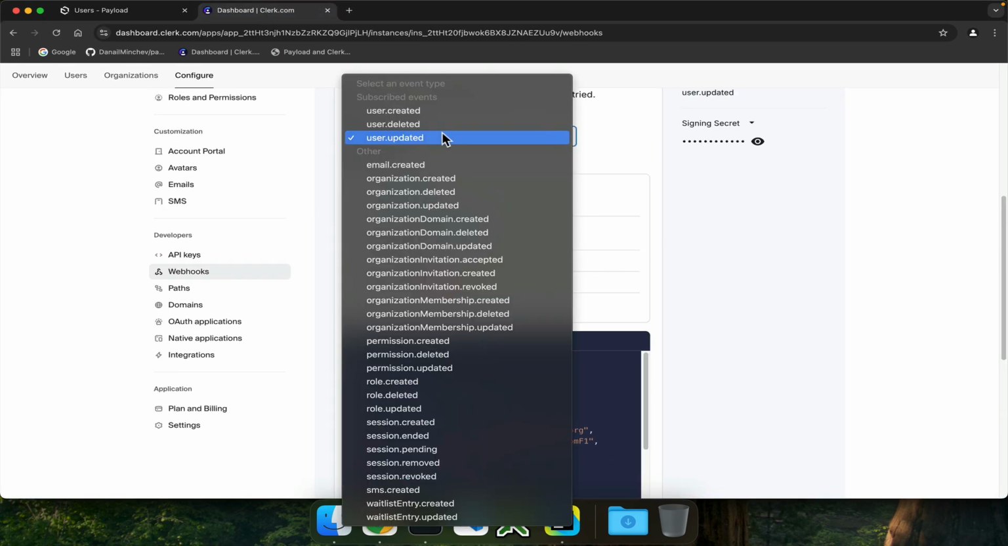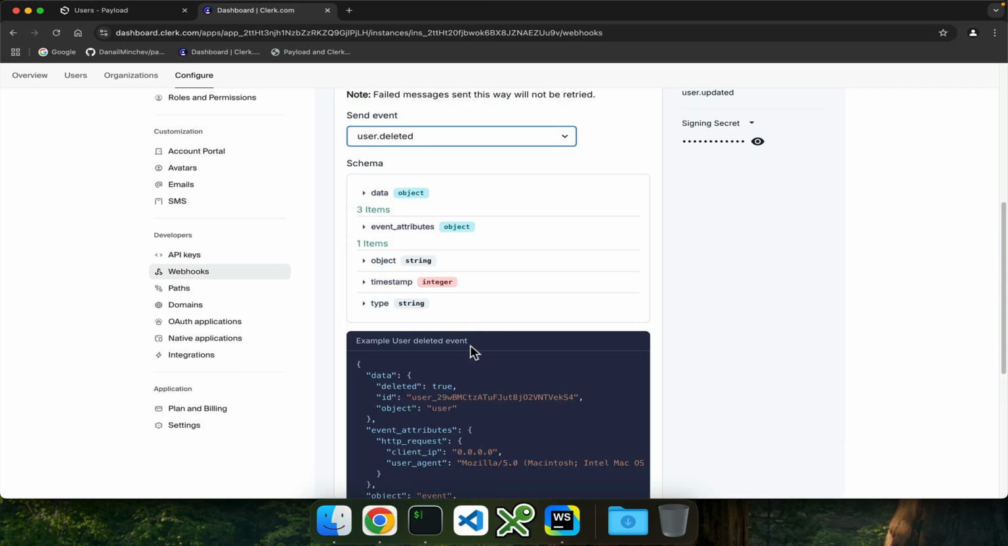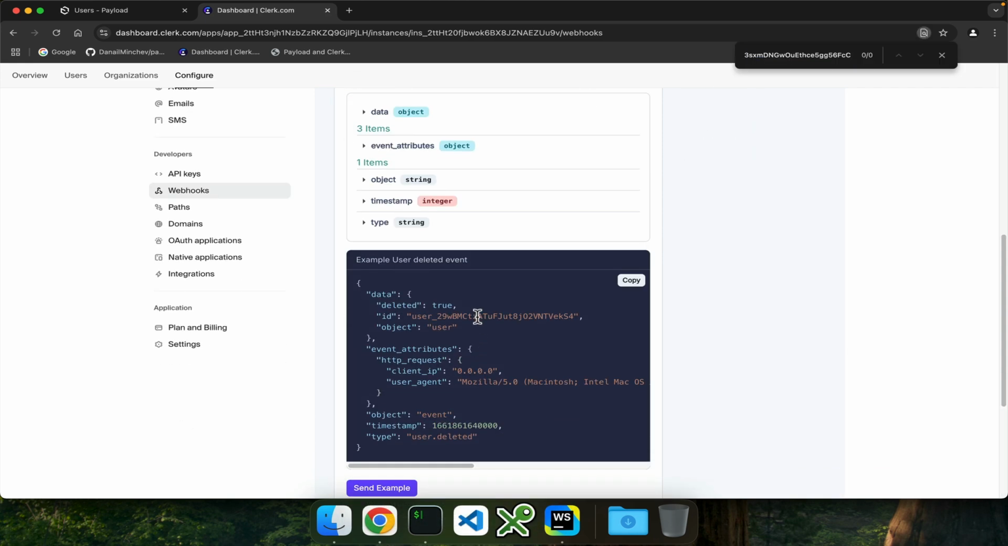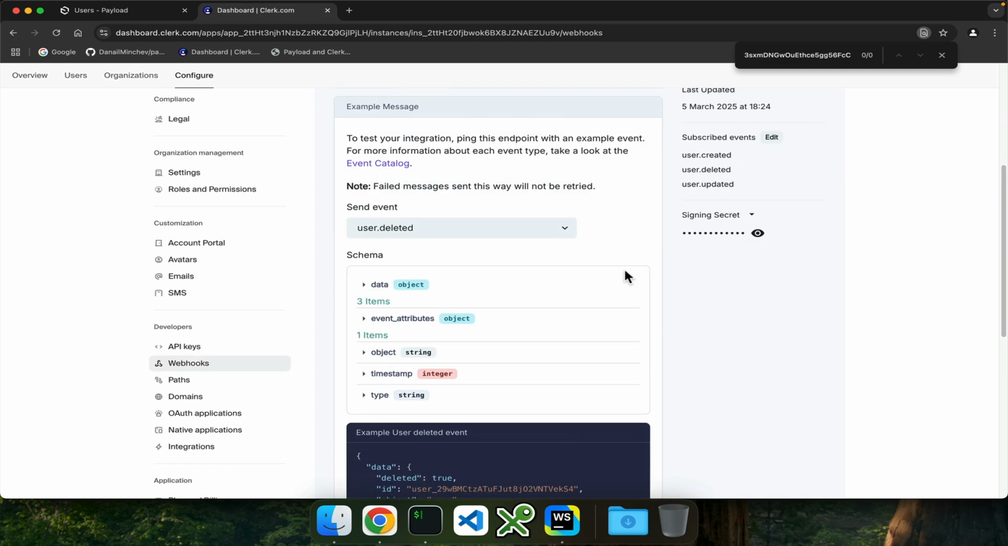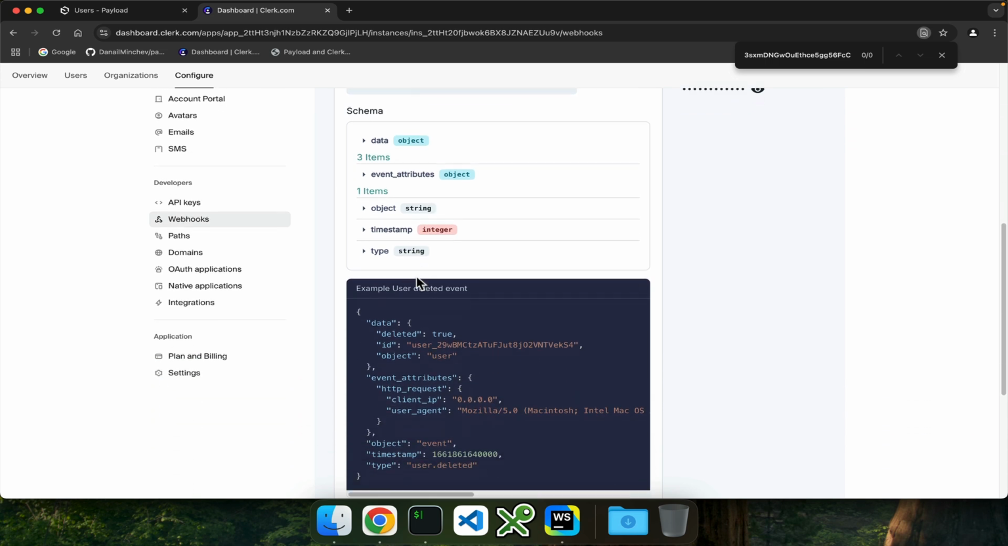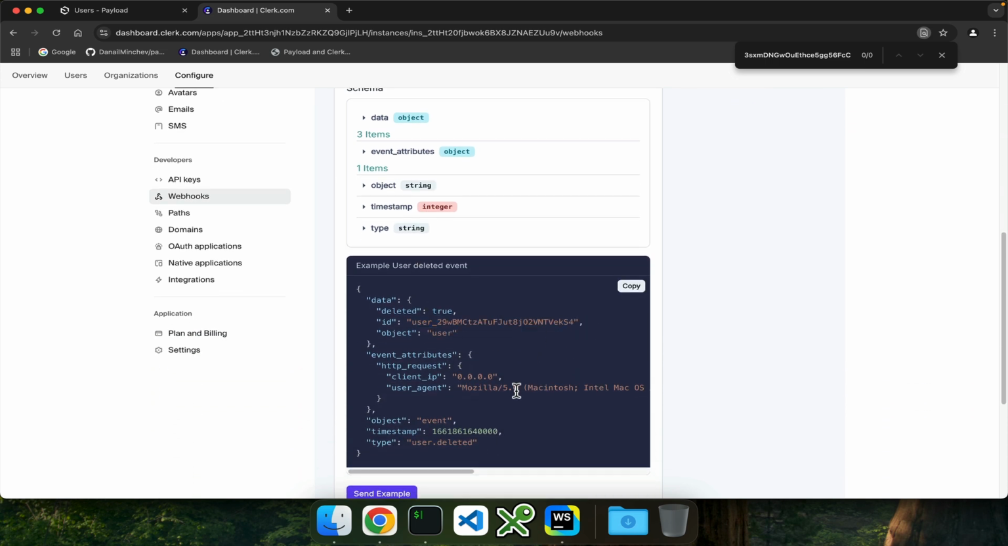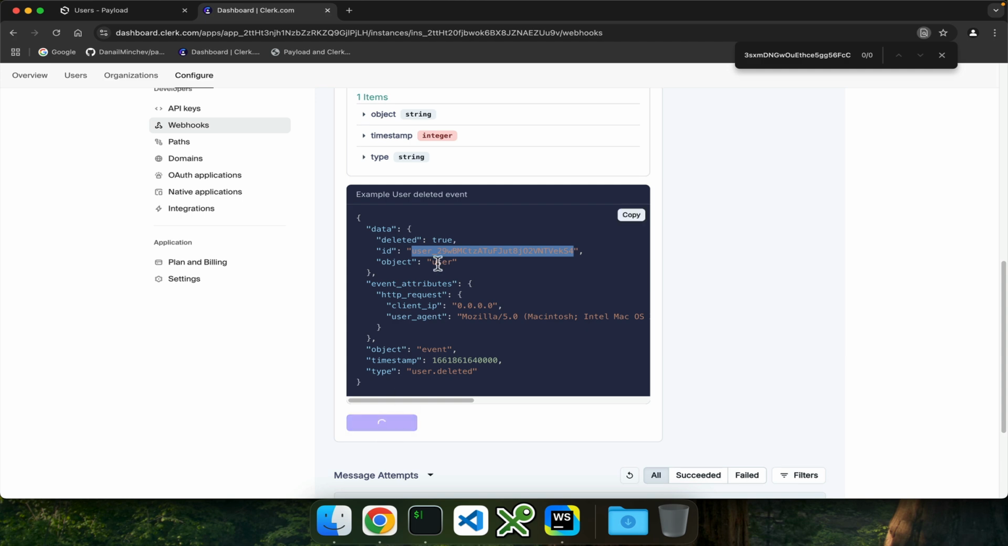So let's navigate to the user deleted and let's search for the user. And as you can see, the user is actually a bit different, with a bit different ID. So this webhook will not be able to work with our user because it doesn't exist. So we basically need to manually edit the ID and then trigger the delete. So if I send this example,